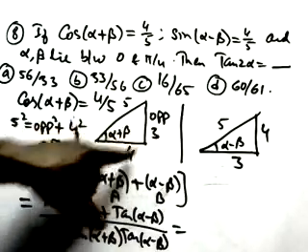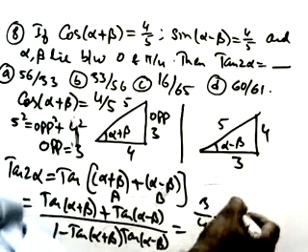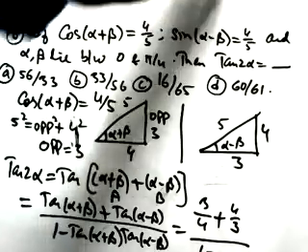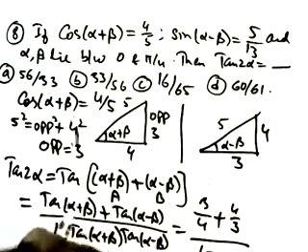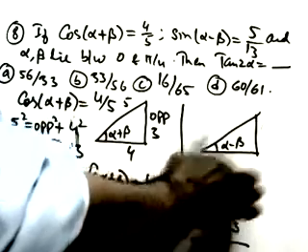Now let us solve this one. Tan alpha plus beta, from this tan is opposite by adjacent, 3 by 4, plus tan B from here 4 by 3, divided by 1 minus. Sorry brother, this question is wrong actually. What is the actual question? I will just write this is 5 by 13 actually. This is 5 by 13 because here infinity is coming. So this will be 5 by 13.